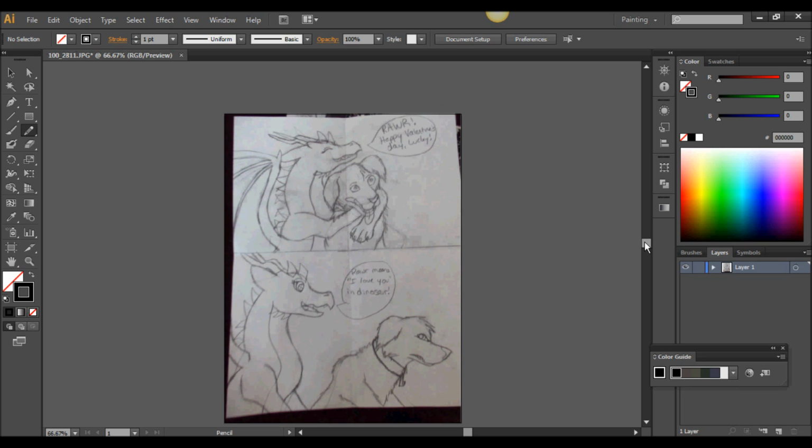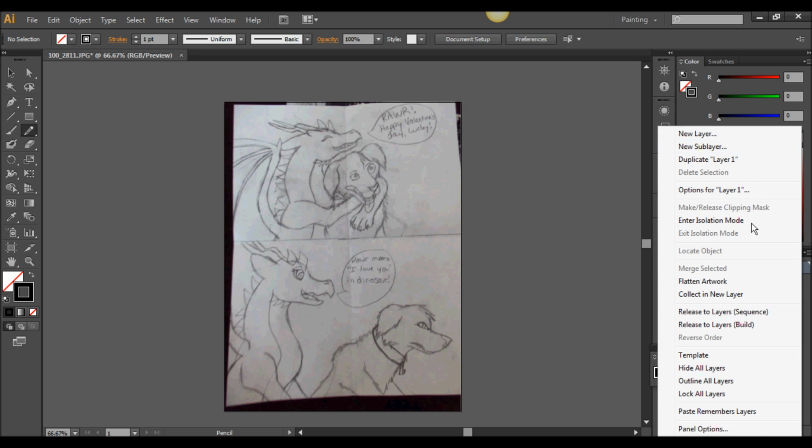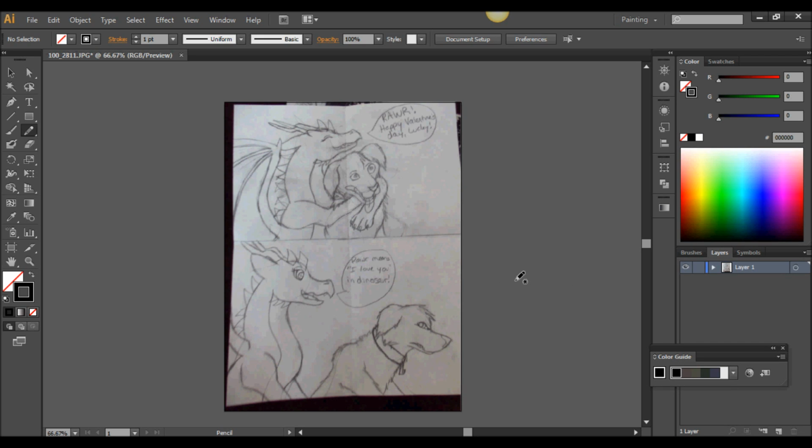Now, I'm kind of a beginner in this program. I obviously, as you'll see, don't know everything about it, but I'm just going to show you how I use it. Okay, so I've taken pictures of my line arts,